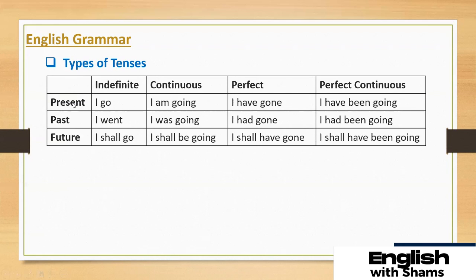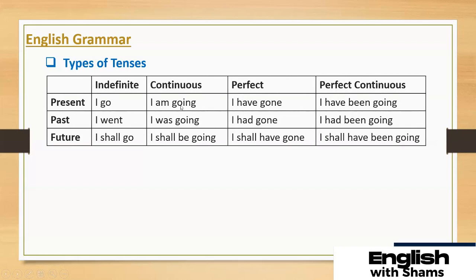So for example, in present tense, we say I go, that is indefinite. Then in continuous, I'm going. In perfect, I have gone. In perfect continuous, it's I have been going, right? And similarly, in the past tense, past indefinite,